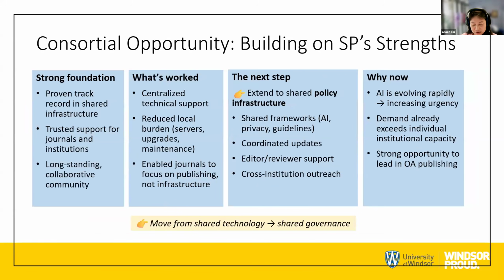This raises a key question: what could this look like in our context? Scholars Portal has already built a strong foundation through shared infrastructure and long-standing support for journals. Over the past decade, this has significantly reduced the technical burden on local institutions like Windsor. The opportunity now is to extend this model to shared policy infrastructure: common frameworks for AI, privacy, and editorial guidance, along with coordinated updates and training support. With AI evolving quickly, the timing is right for Scholars Portal to help lead consistent, scalable governance for open access